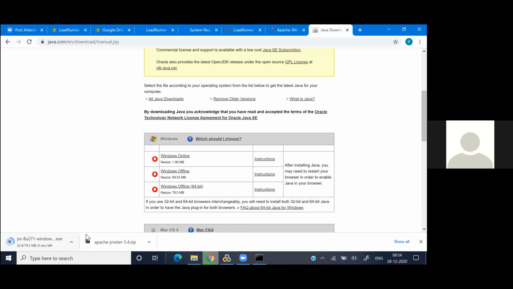So it's downloading Java now. Let it complete. Right, downloading is completed. Now first let's install Java.